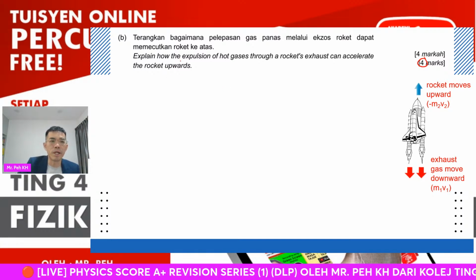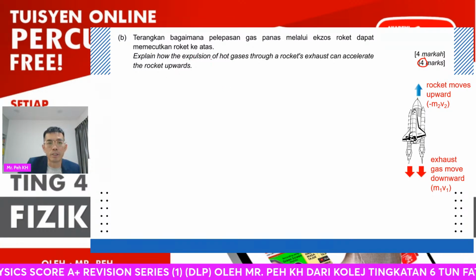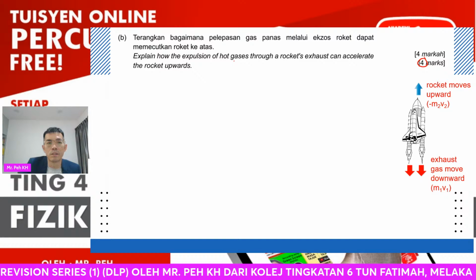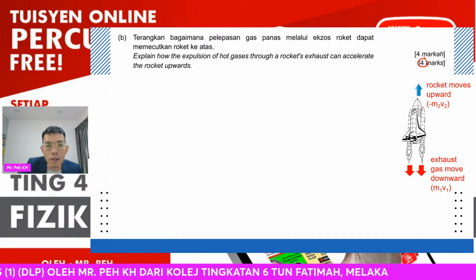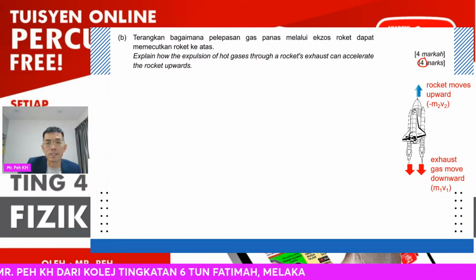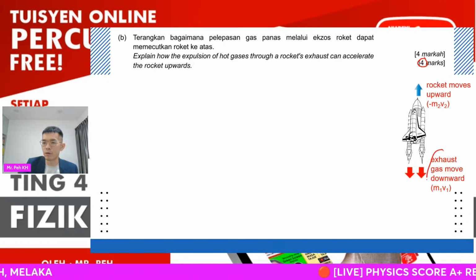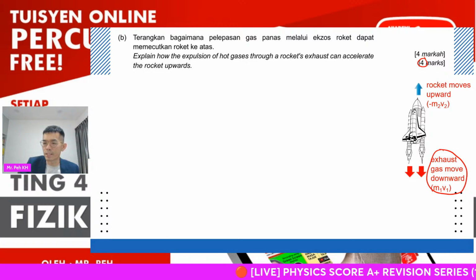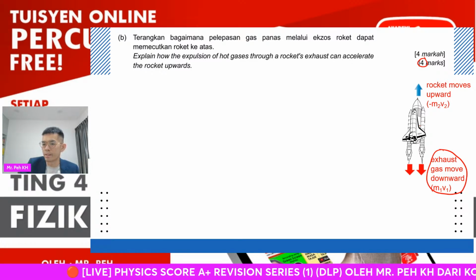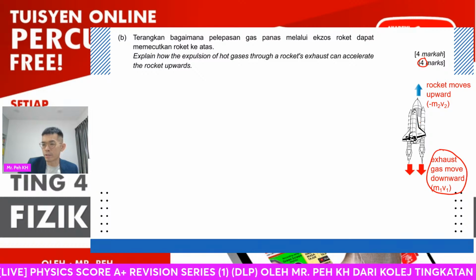Explain how the expulsion of hot gases through the rocket exhaust can accelerate the rocket upward. As mentioned just now, firstly you have to discuss that the exhaust gas moves downward. So how can the exhaust gas produce